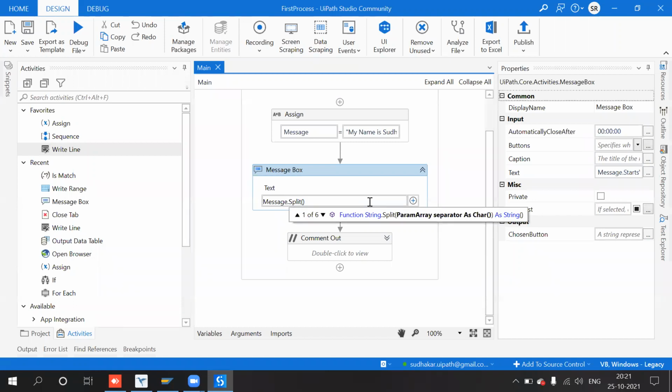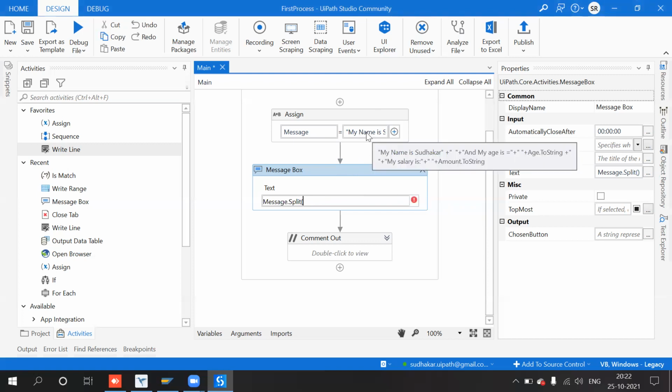So here when you go to our string, see here "my name", there is a gap between each and every word, right?